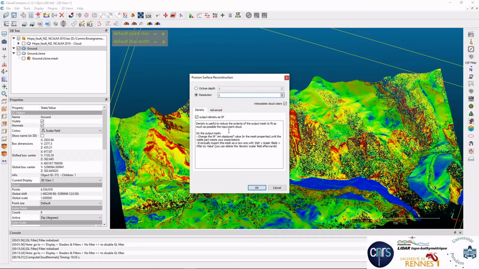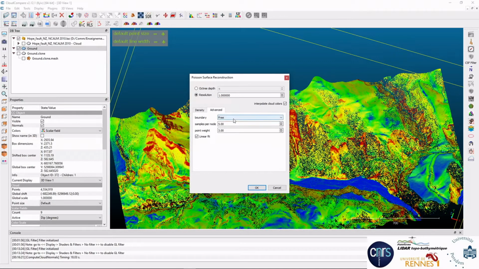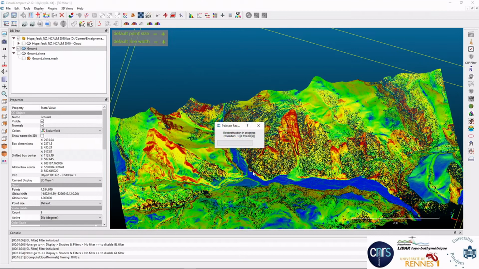It's very important to click this option because we will need it afterwards. In the advanced function here, you will need to play to see the impact of this factor. I generally tend to use a free boundary. Here I impose a relatively high weight on points because they are good points and I want the surface to go through the points. And 5 is one of the recommended parameters, and I use linear fit. Then you can launch the interpolation.